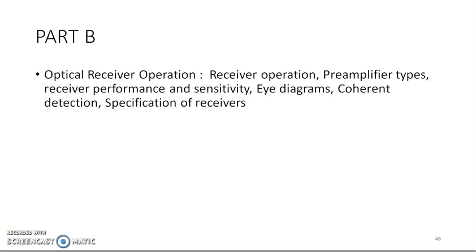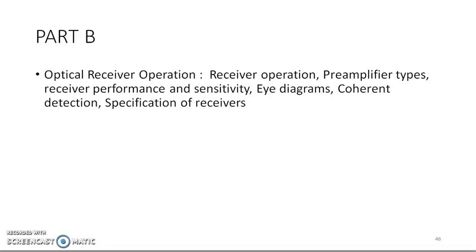Before that, we need to know what the constraints in the optical receiver are. Here we learn receiver operation, how you receive the signal in terms of data transmitting levels and all. We require a preamplifier. What are the types of preamplifier and what are the sensitivity issues there, and within a particular period of time the receiver is able to detect the zeros and ones for probable reception of the signal. So that's why we need to learn about probability of error, and we learn eye diagrams.